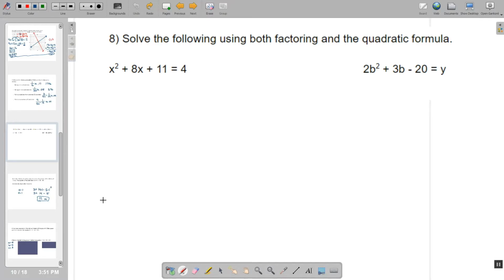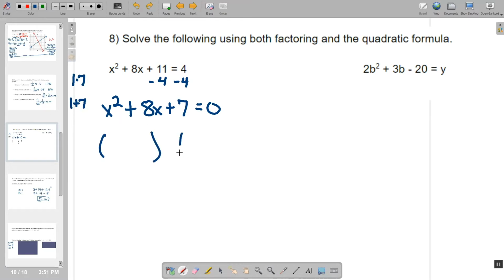So, it wants us to solve using both factoring and the quadratic formula. So, step 1 here is we're going to subtract 4 from both sides because we need this to be equal to 0. So, x squared plus 8x plus 7 is equal to 0. So my factors for c, because my a value is 1, are 1 and 7. And 1 plus 7 equals 8. So that means we are going to do